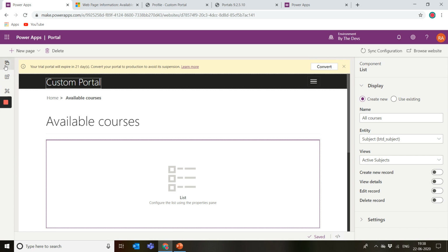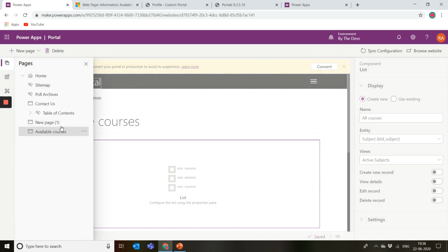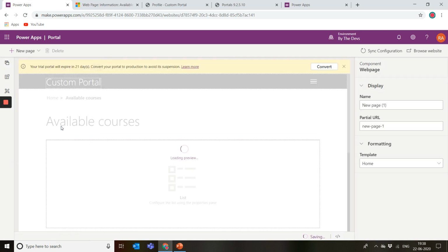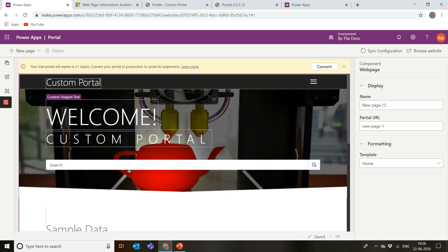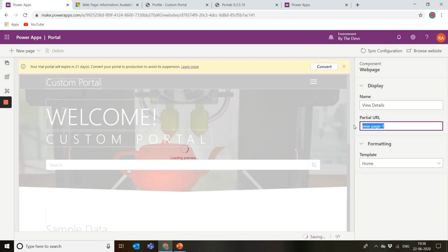So let's do this first. I have this other page, new page one. Okay, let's change this to view details. And the partial URL is going to be view details only.